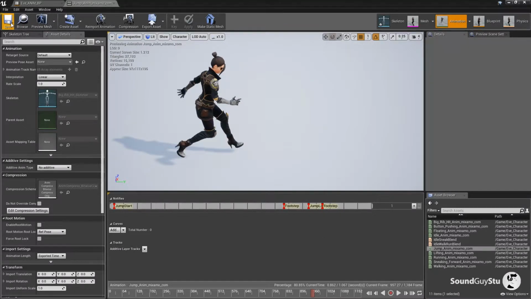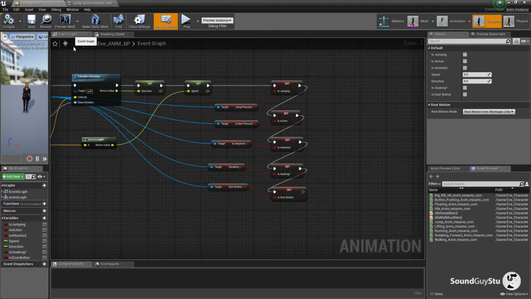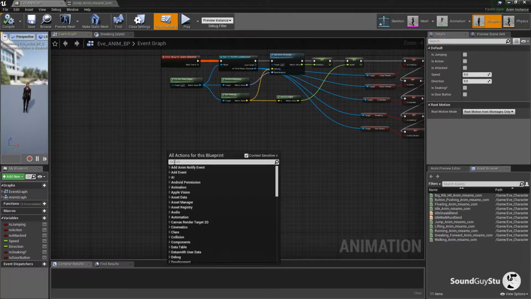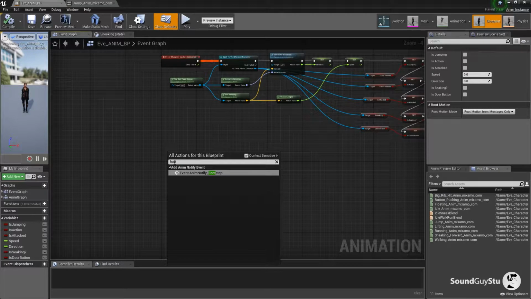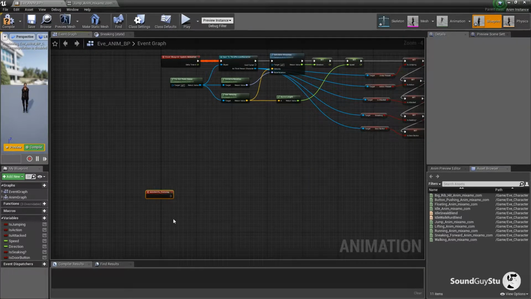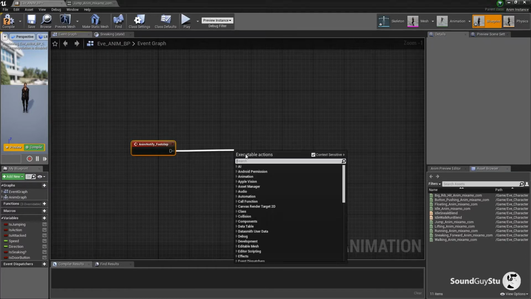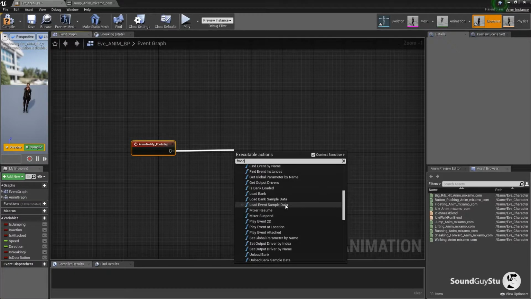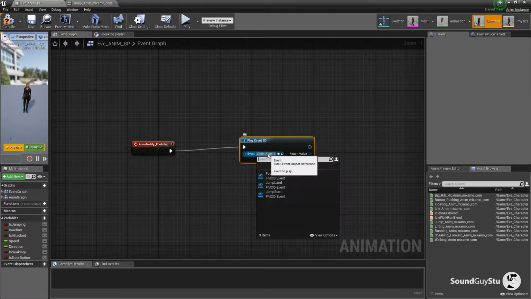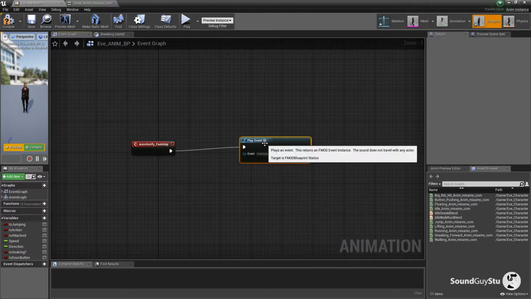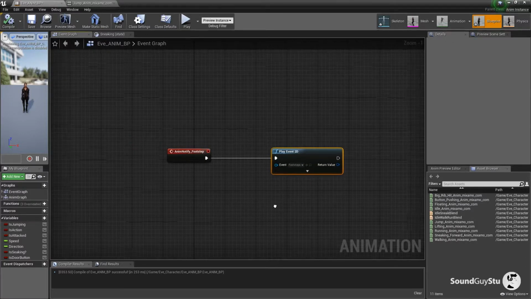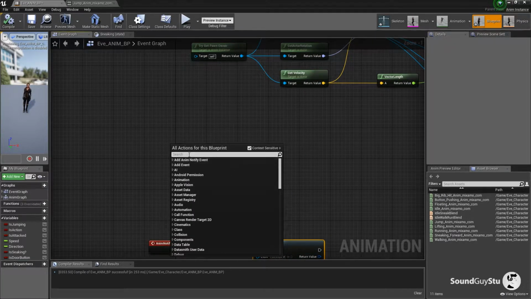Okay, save that one, and then we want to go into the animation blueprint event graph here, and we can just right click. If we search for footstep, and we can drag out from this, and FMOD play event 2D, and add in the footstep event, compile. Now this is very simple, I'll make it more extravagant later on, but just to demonstrate how it works,